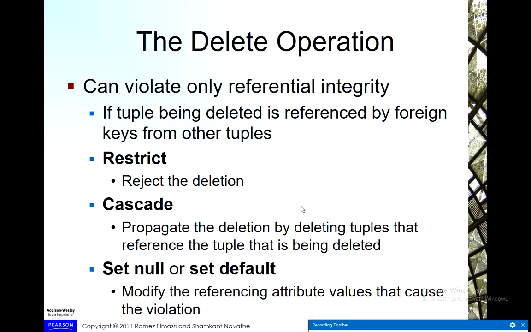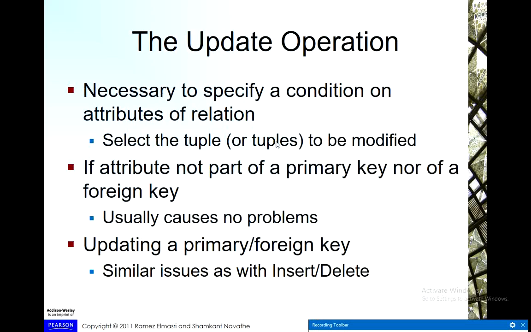There are messages or violations that will be displayed to you in case you did not insert a value for a primary key. And in the update operation, you have to select only the values that you would like to update. Otherwise, you will create some sort of inconsistency, because you have to select, for example, a primary key